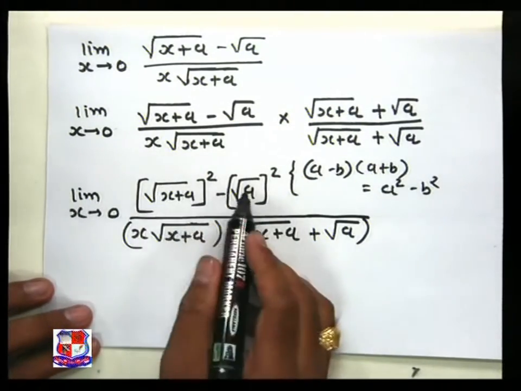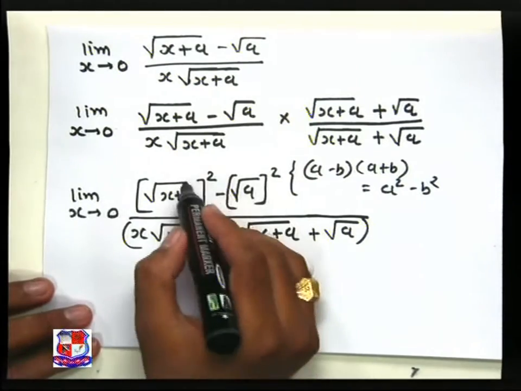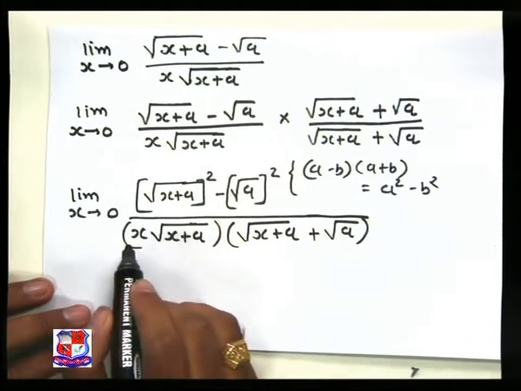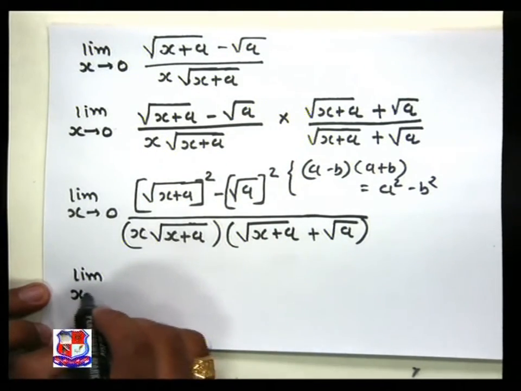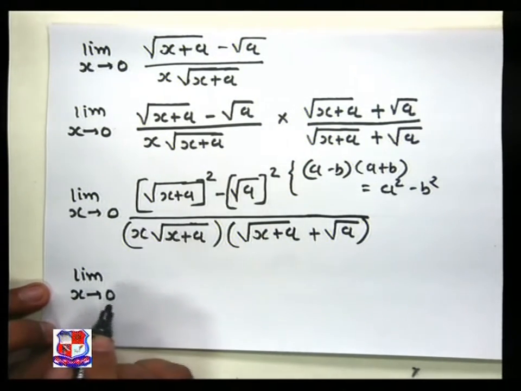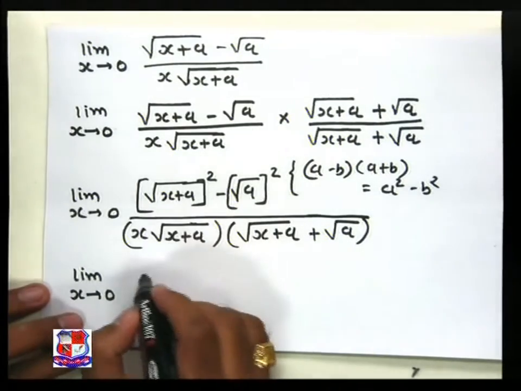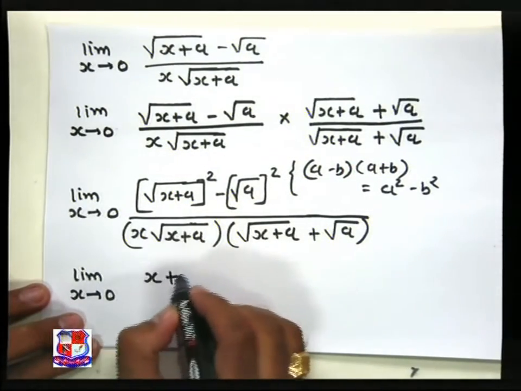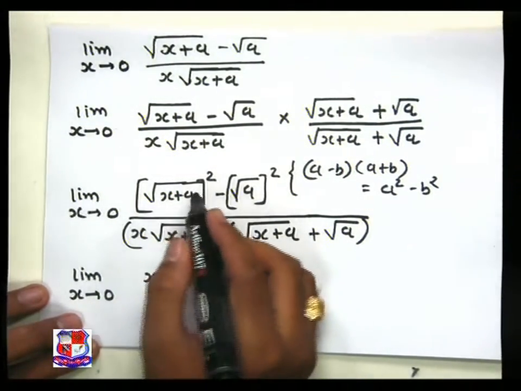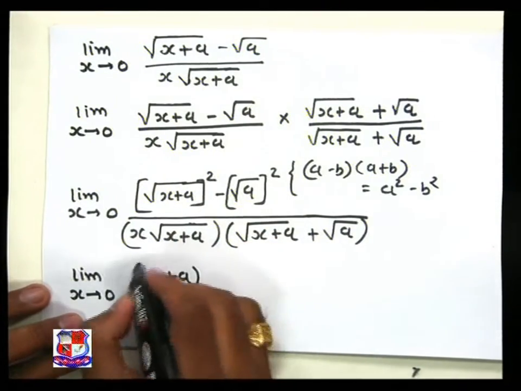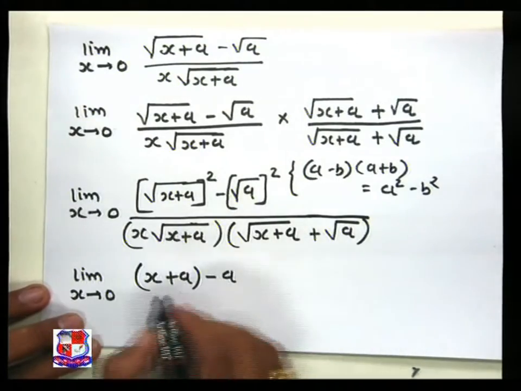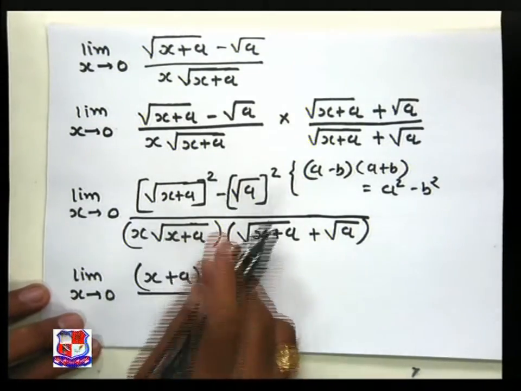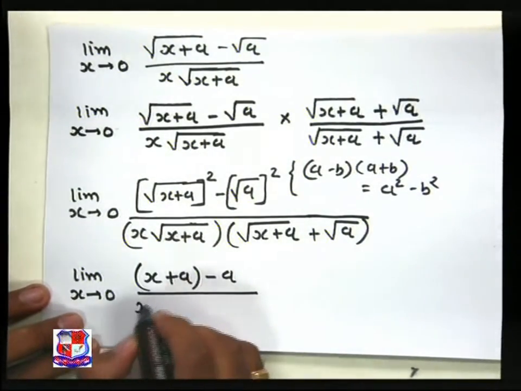Now we simplify our numerator term. This under root and this square finally cancel out. So, limit x tends to 0, the remaining term is only x plus a, this under root cancels out because of the square, minus, also this under root cancels out because of the square. In this term we replace it as it is, x